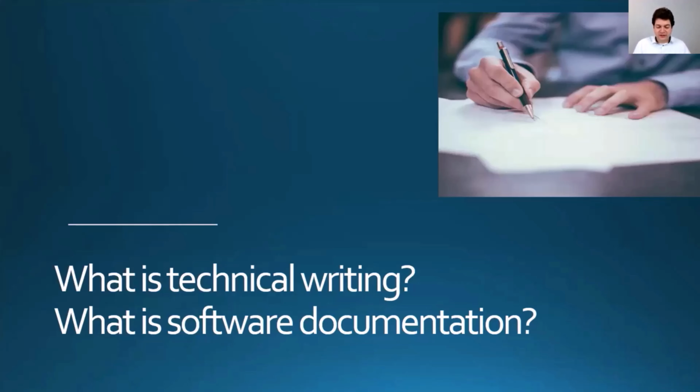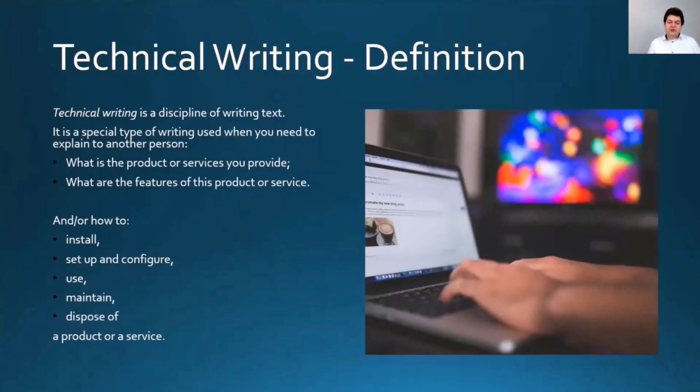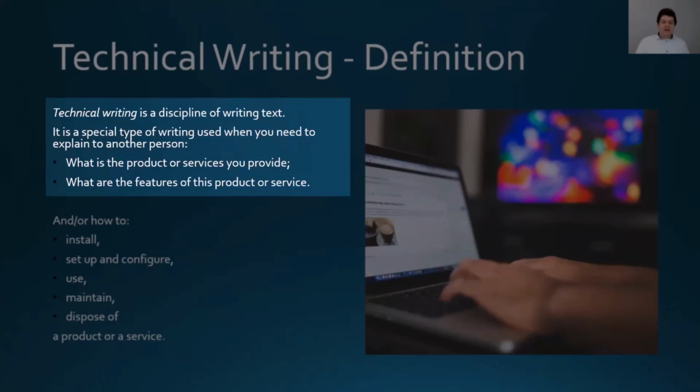In principle, technical writing is simply a discipline of writing text. And when we speak about software and software documentation, usually it is a text that is used to explain something. What is this thing that we are explaining with the technical writing that we do and the text that we are writing there? We try to explain what this product or service is that is being developed and provided from the